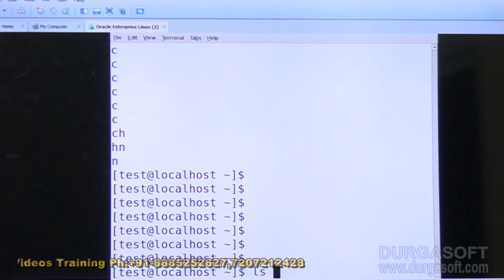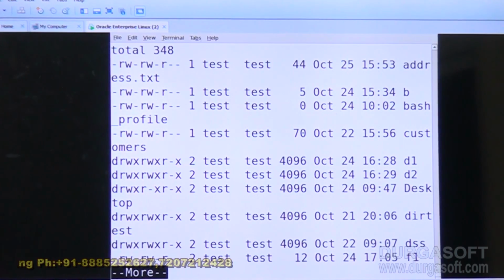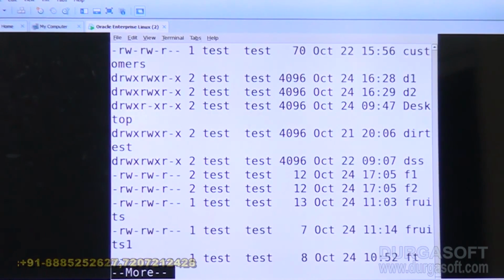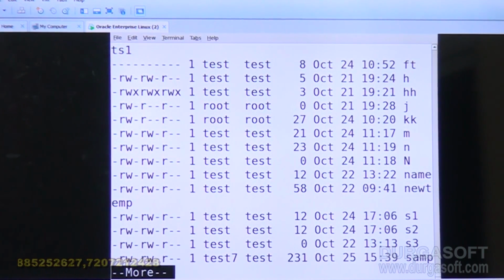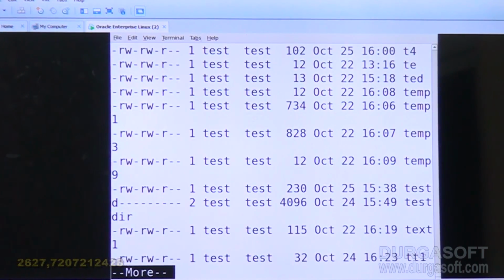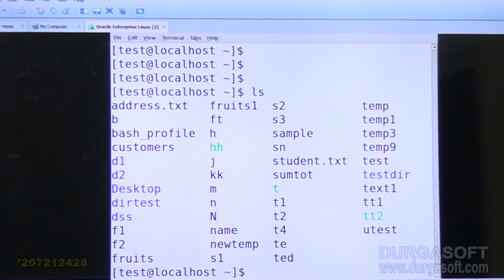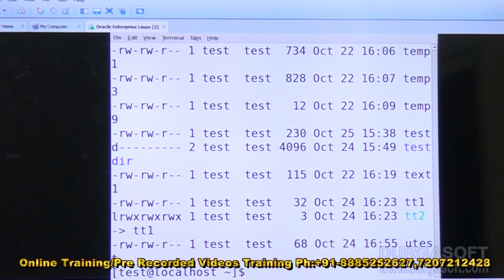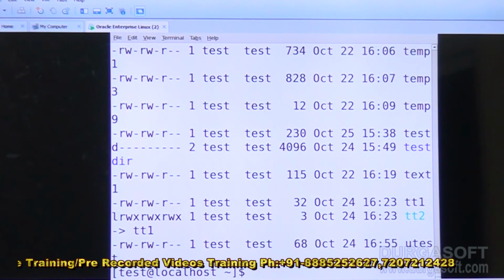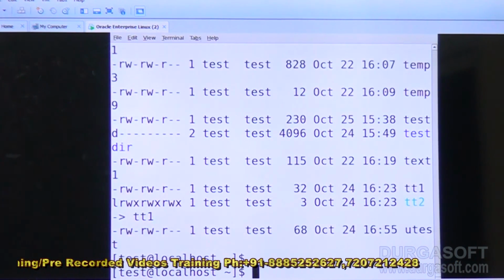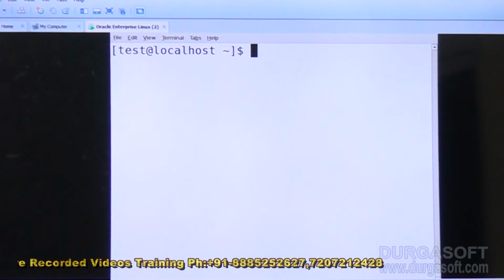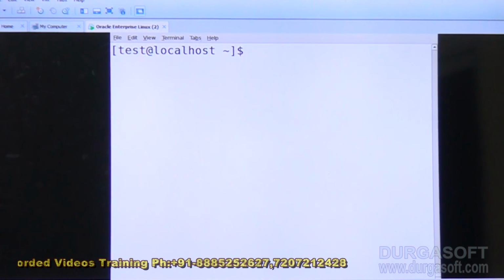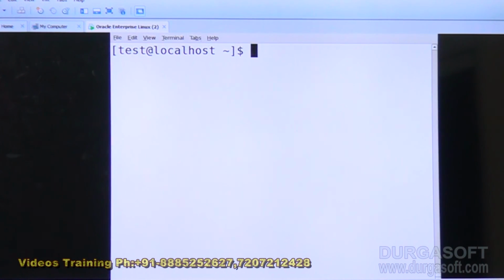Sometimes you can use ls -l with the pipe operator and more also. So the next command I will discuss is